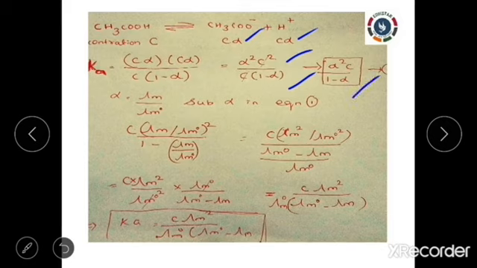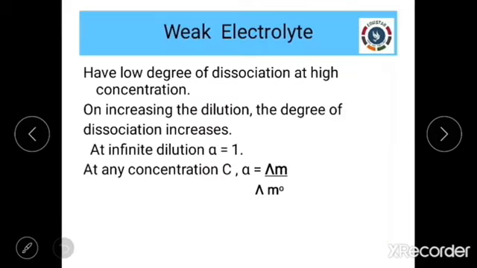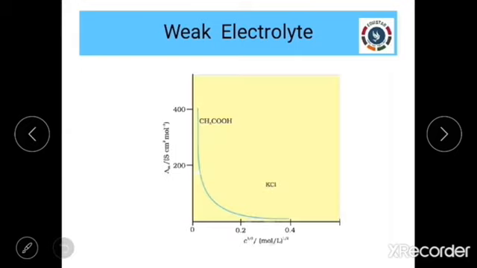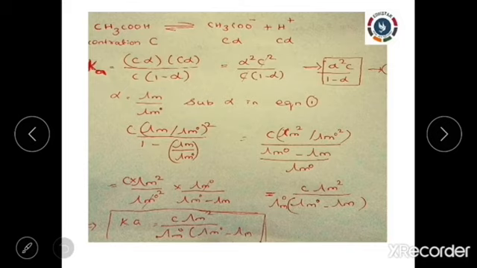Now we are going to substitute the value for alpha. We say alpha is equal to lambda m divided by lambda m0, right? In this equation we have found the alpha value, and this is applied in the Ka value. So alpha square means lambda m by lambda m naught, squared. Similarly, 1 minus lambda m by lambda m naught. We have taken the LCM here and this will be the factor, and then we put the reciprocal and multiply these things.